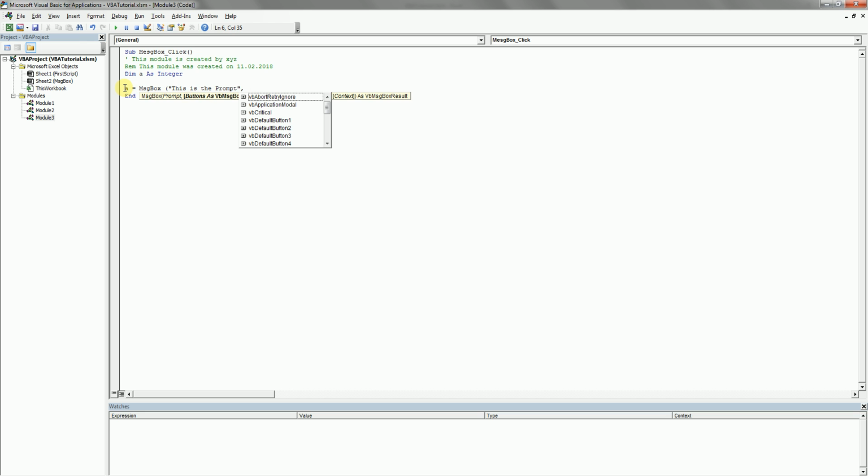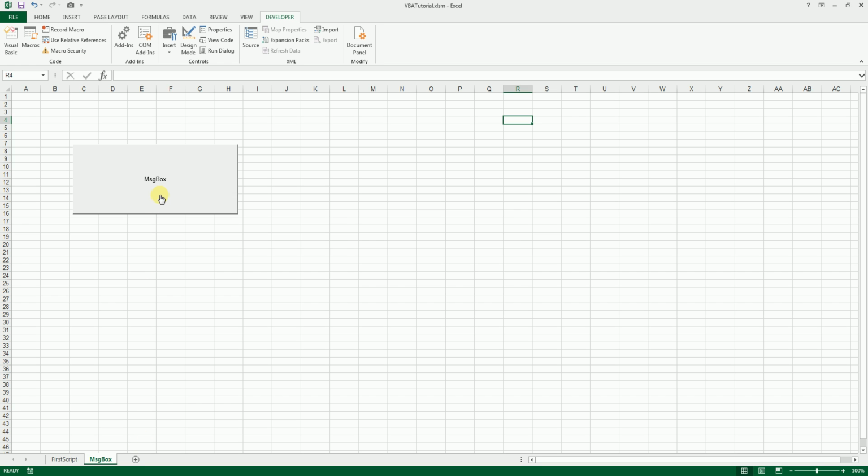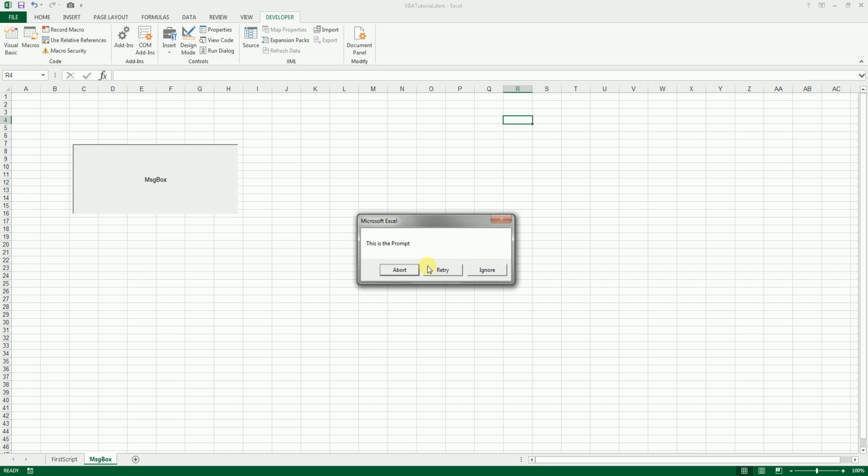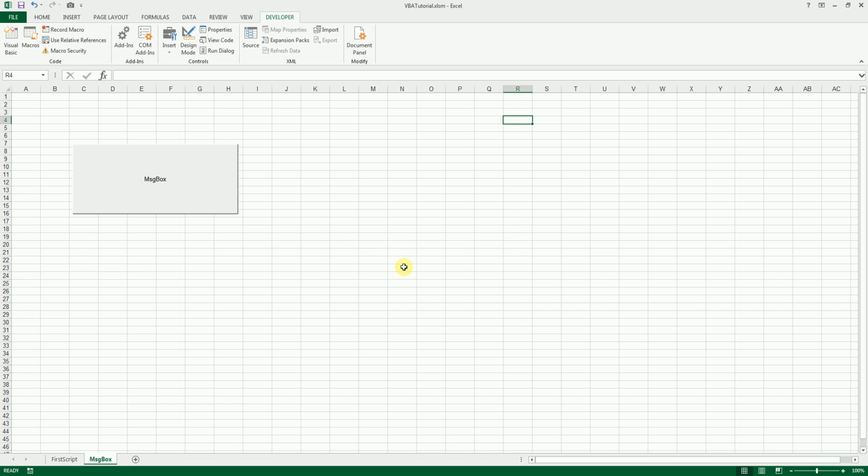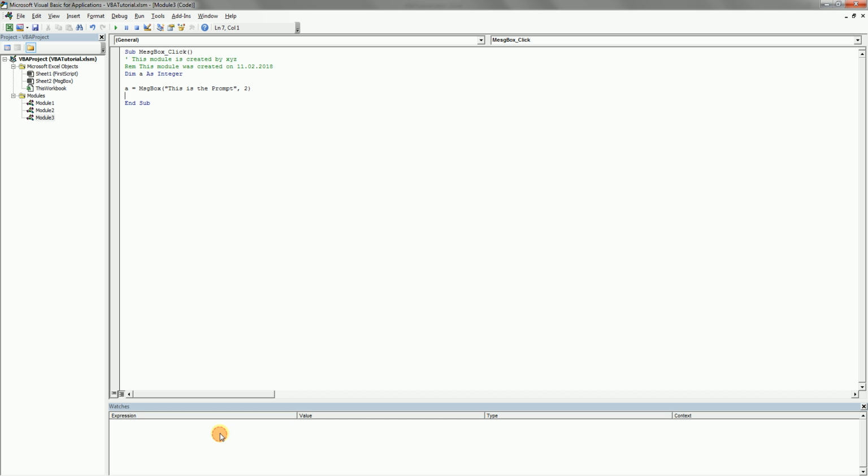And then we will use 2, put this, and we go to here, click on the message box. It shows abort, retry, ignore, but once you click, nothing happens because we are not told what we have to do with a. So let's again create one more message box,